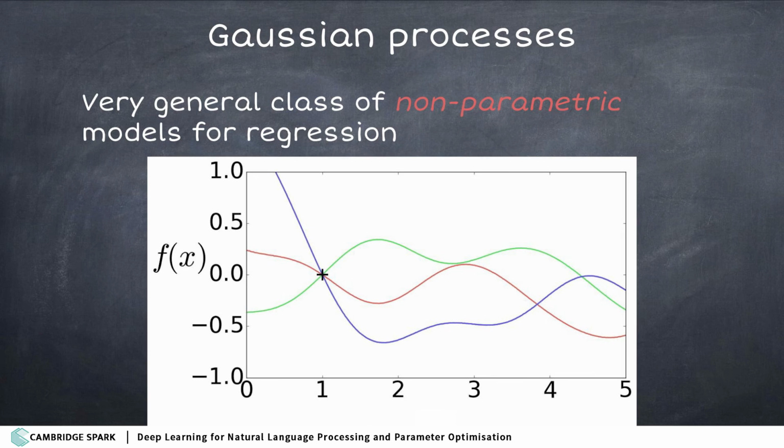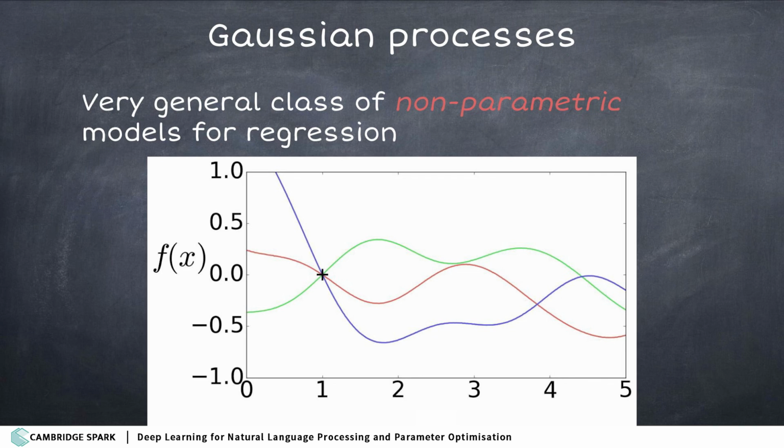Here, I've given my Gaussian process a single input, and I've asked it, okay, can you give me some samples? Now that you know this, what do you think are some possible other shapes with this information? We can see all of my samples go straight through this point here, which I've given to the Gaussian process. There's still a lot of uncertainty about what happens before and what happens after.